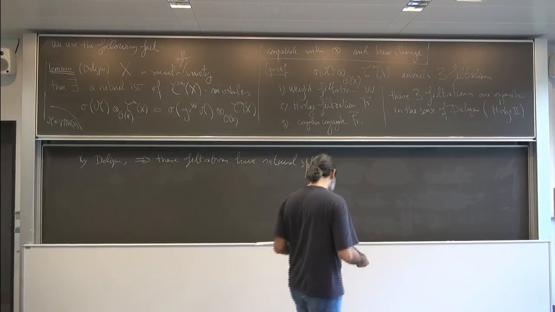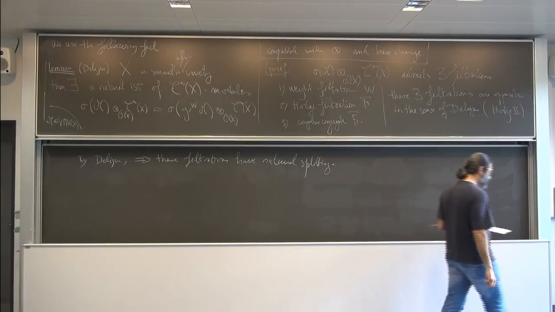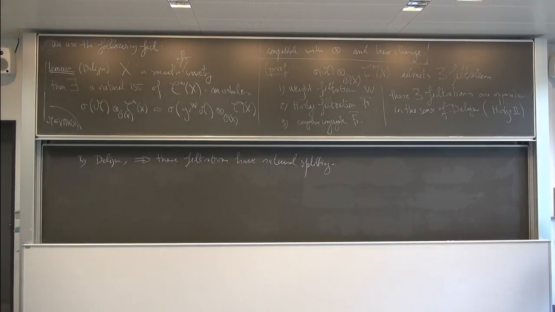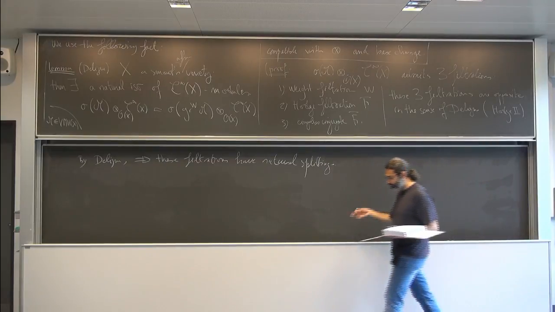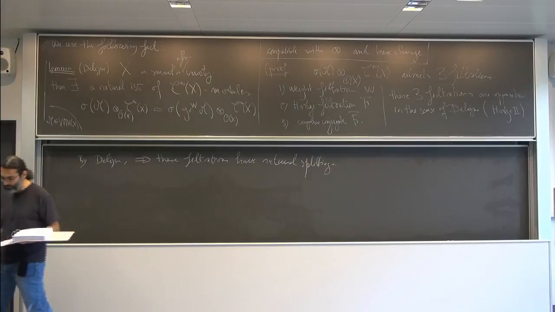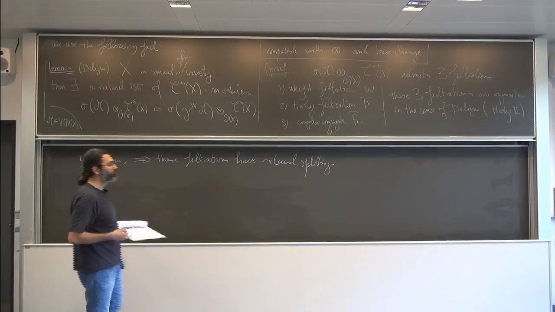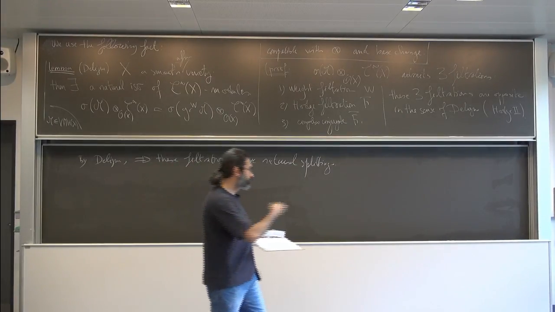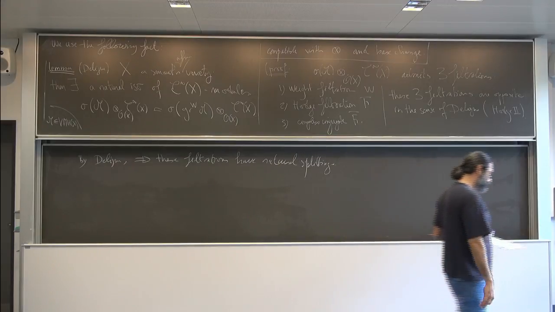but all these splittings are really functorial in morphisms of filtered objects. So if you have two objects having opposite filtrations and a morphism between them which is compatible with the filtration, then the morphism will be compatible with the splitting. Okay? So it will be given by a direct sum on the splitting, and